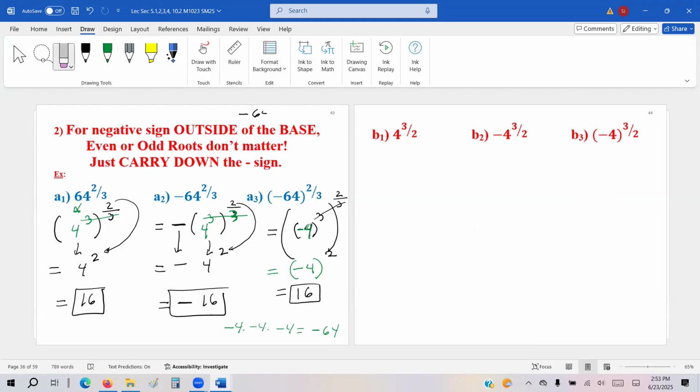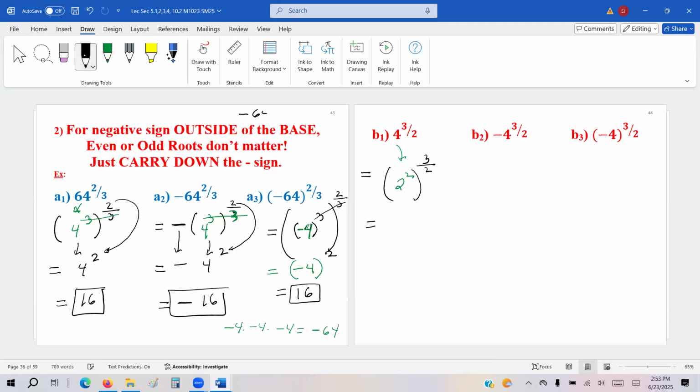Okay, now volunteers, who would like to try the next one, the first one? 4 to the 3 half power. Kathy, how about you? How would you like to rewrite the 4? Something with 2 power or something with 3 power? 2 power. So can you think of a number that, multiplied twice, turns into 4? 2. So this 4, we rewrite as 2 square.